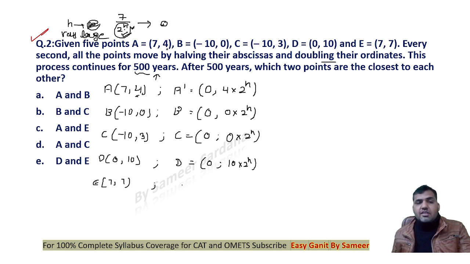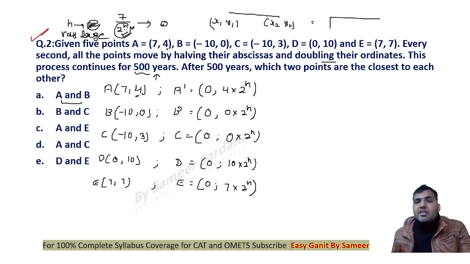7, 7, this, right? After making the abscissa half for n number of times, the ordinate has to be doubled for n number of times. n is the number of seconds, 500 here, which is a very large number. Now I'm supposed to tell which of the two points are close to each other. You see that you should know the distance formula, right? If I have to find out the distance between 2 points where the coordinates are given x1, y1, x2, y2, the distance formula says it will be equal to x2 minus x1 whole square plus y2 minus y1 whole